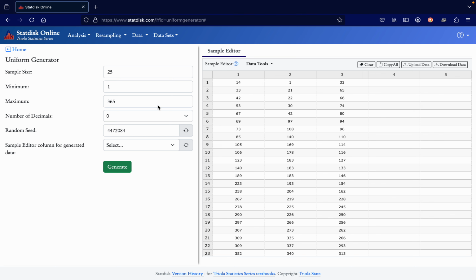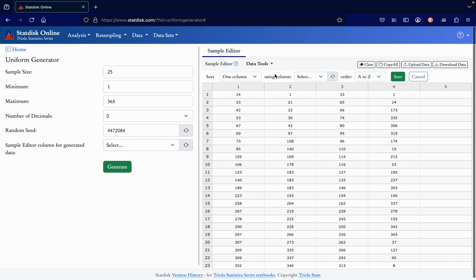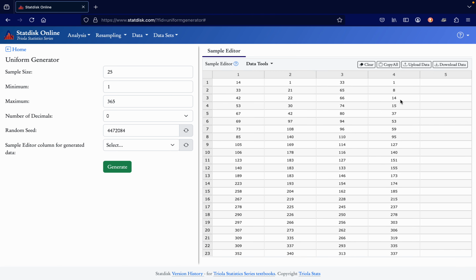And so I'll change the random seed, and then I'll go to column 4, and I'll do the same thing. And we'll sort the data for column 4. And yeah, let's see if any of these numbers are the same. And no in this case, right? And so on and so forth.